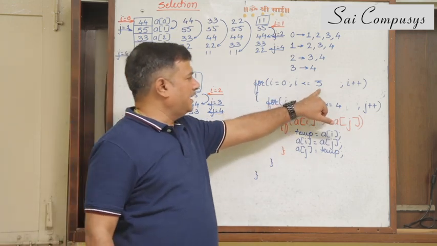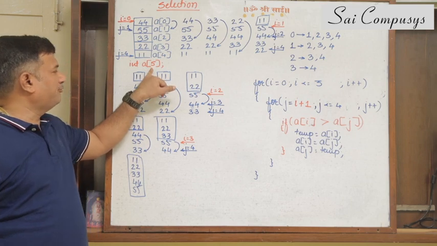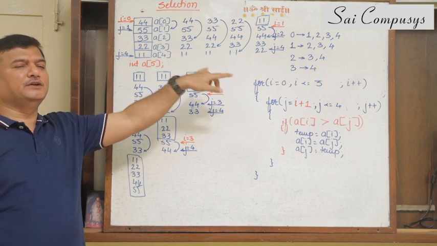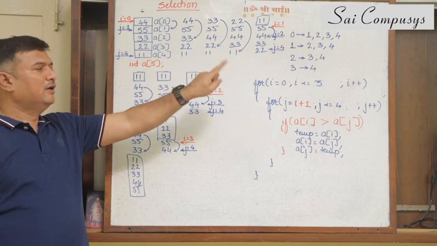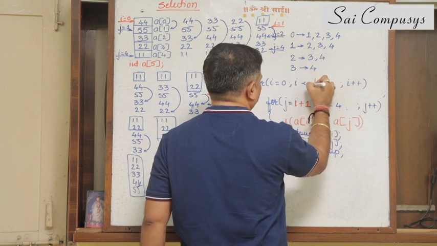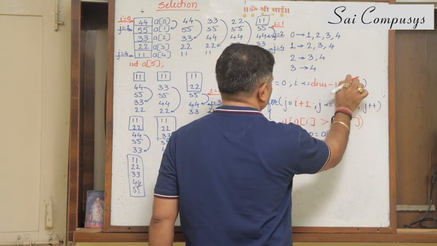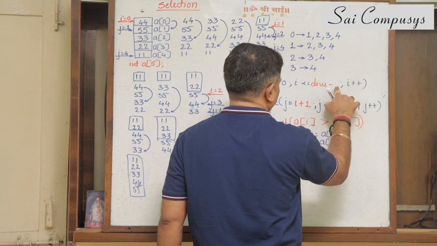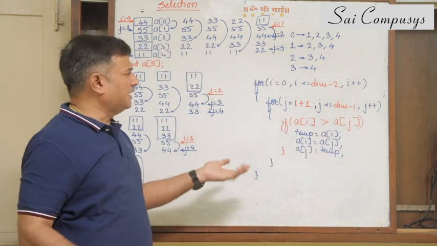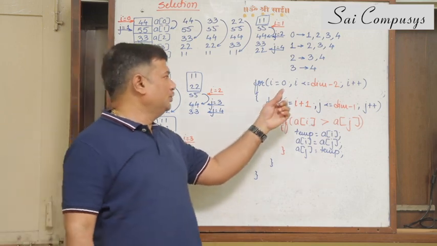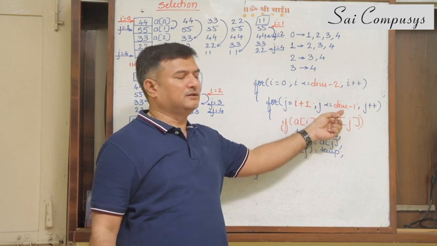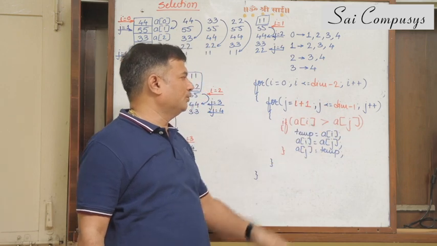Now why I wrote 3 and 4 is because the dimension of my array was 5. Had it been 50, I'd have to change it. If it is 500, I'll have to change it. What I can do is write something in a generalized way over here. This is dimension minus 1, whereas this will be dimension minus 1. So whatever the array may be, if it's of 50 elements, you use a loop from 0 to 48, and j from i plus 1 to 49. So in generalized form, I have defined this for you.